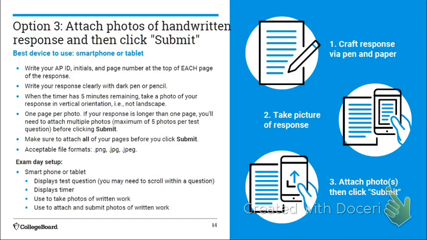So I'd have a spiral notebook, a black pen, and my phone nearby just in case there's some question that I want to write out, take a picture, and upload it. That's what I would do.